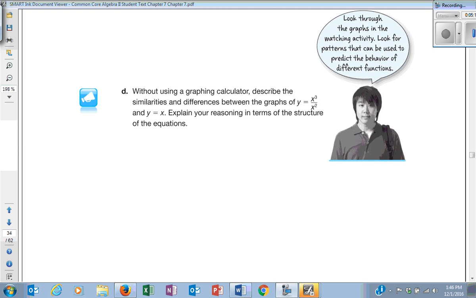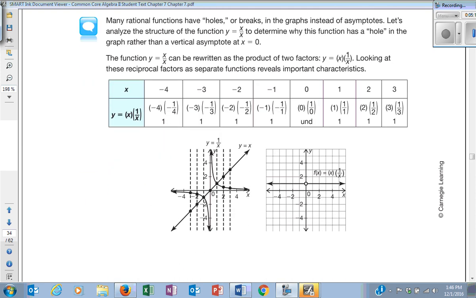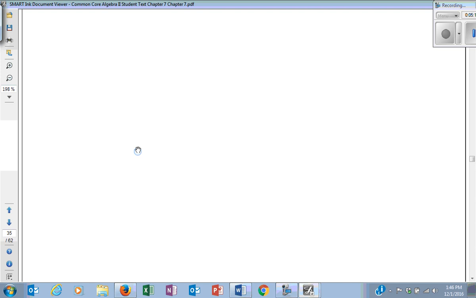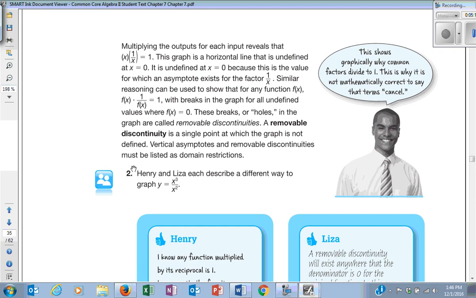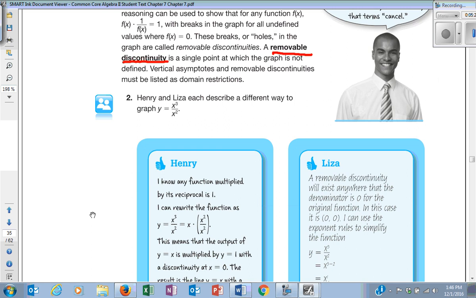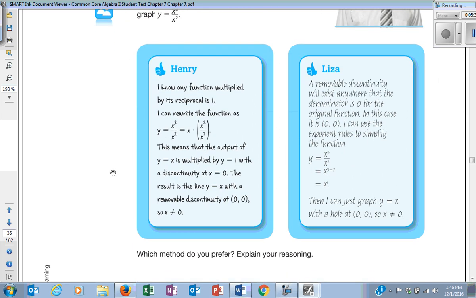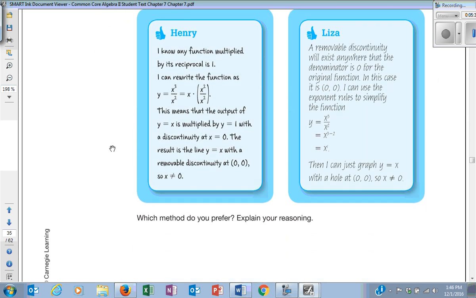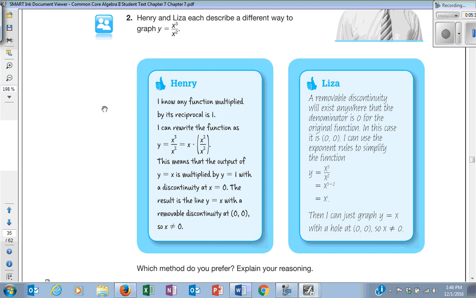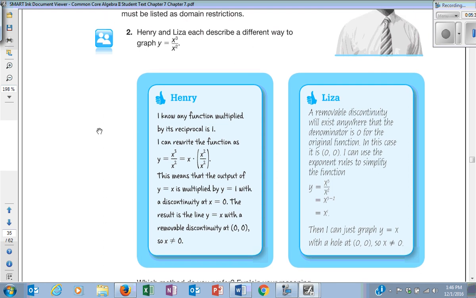So this idea of these holes, where they're happening, is called removable discontinuity. It's right here. And we talked about this in class today. It's where they cancel out. So right here, you can cancel. So if I wanted to know what graph this is, it's actually the graph